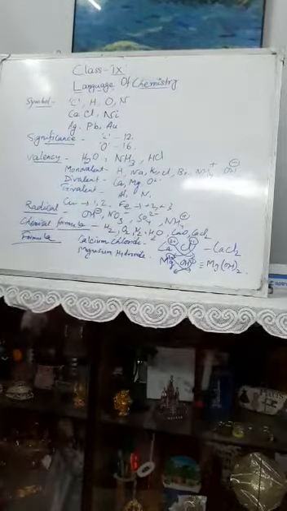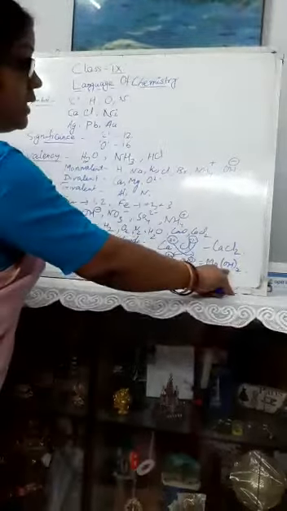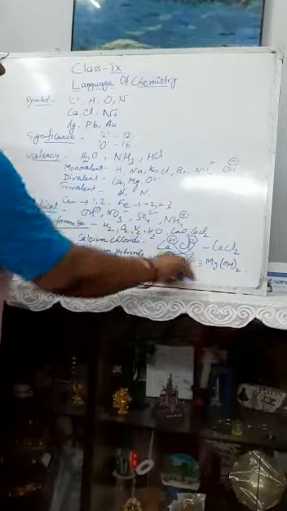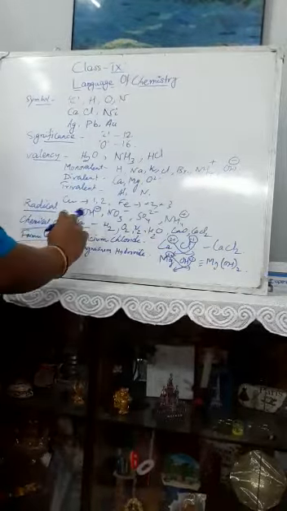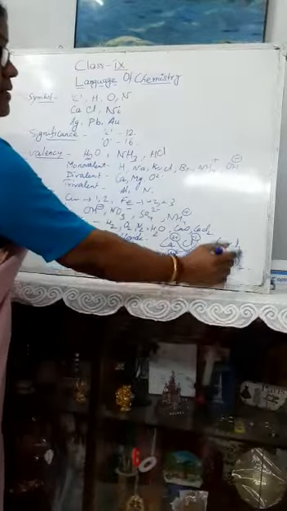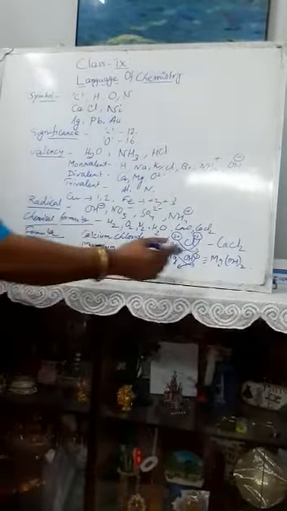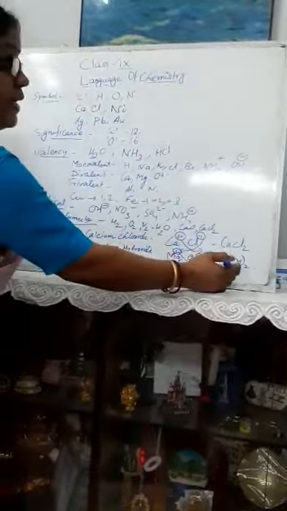Now students, you can ask me why I have put this bracket. Because I have told you, whenever you are writing the radical, what is radical? Radical is more than one atom, or one atom maybe, and they always behave as a single atom. So these will come together, and for both of them the valency will come here. So we will write Mg(OH)2.